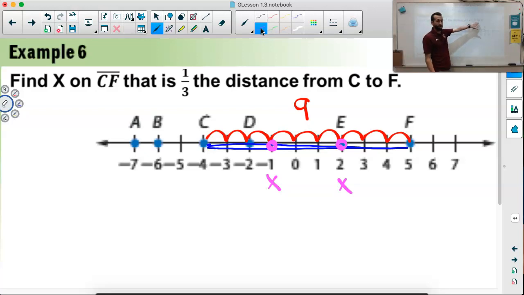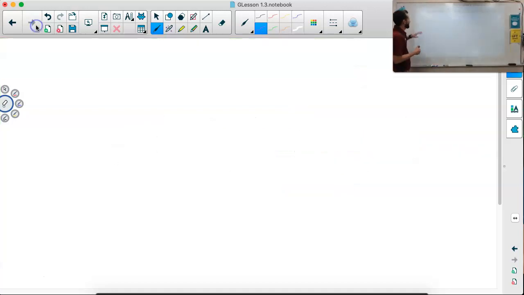Generally speaking, I err on the side of what they tell me. If they say from C to F, then I think starting at C going over 3 spaces, right? 1/3 of 9. But there's ways that they could word that a little differently, and I just want to make sure that we're careful in thinking through those. All right, so we'll take a look at those again as we get together in class. All right, hopefully that's helpful. Again, always just looking at enough to get the ball rolling, get you guys thinking through practicing some things, and then as you have questions,